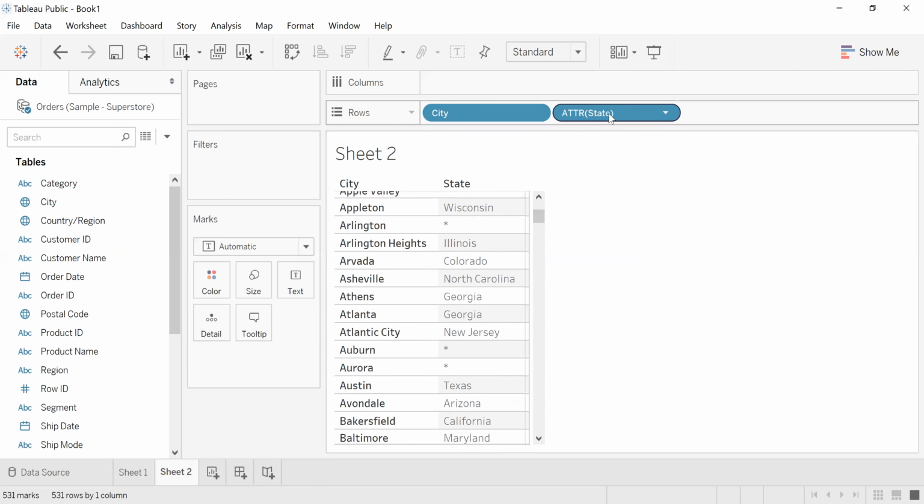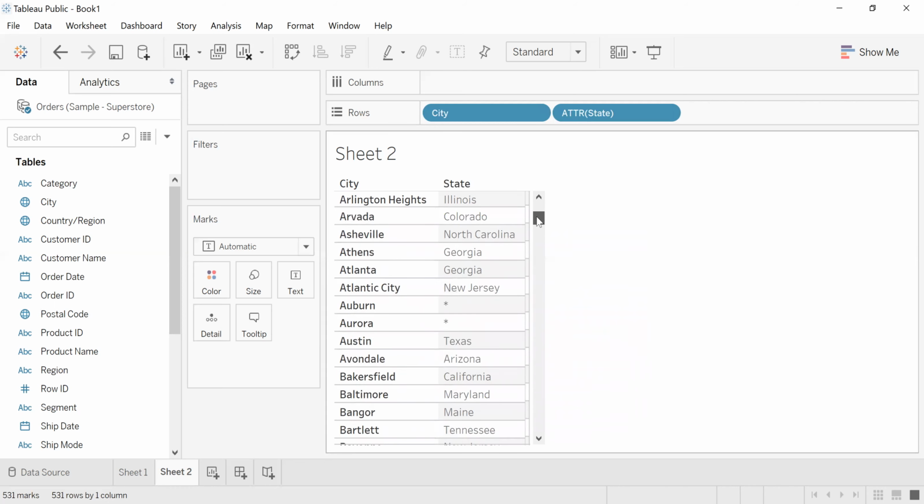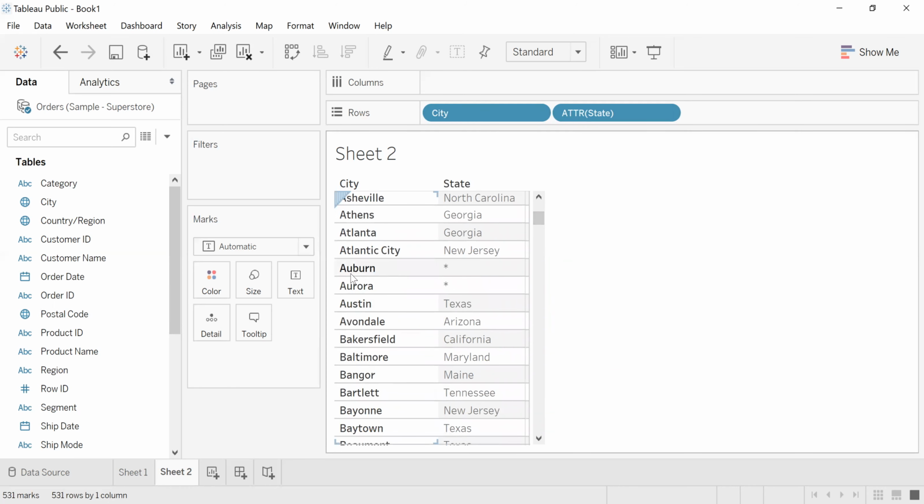So we will apply this on the unique value. The state is a unique value. Wherever the cities are repeating, this is coming 2 times, and now it is ambiguous which state to show here. When I apply aggregation as attribute, it will show one value, but Tableau is not so intelligent as to show the min or max. So it will show the star, because it doesn't know what to show here, as there are 2 states where the city is coming in. The purpose of this function is to show a star wherever it is repeating.